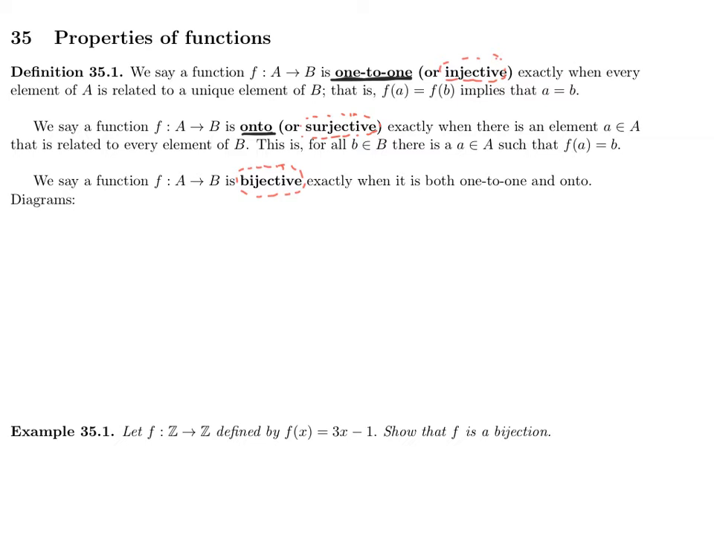Starting with one-to-one functions, well, we say a function is one-to-one exactly when every element of your domain A is related to a unique element of B. So what that's saying is, if the output when you put in A equals the output when you put in B, it must be the case that you put in the same element A and B. If that's the case, then your function f is one-to-one. Let me draw a little example here. So a one-to-one function